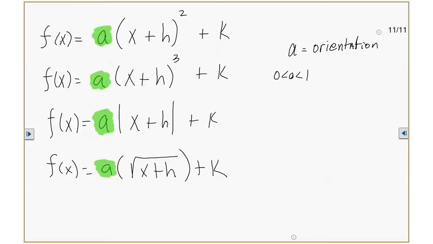All of those are fractions that are between 0 and what? 1. If you have a function where A is a fraction between 0 and 1, that is going to be